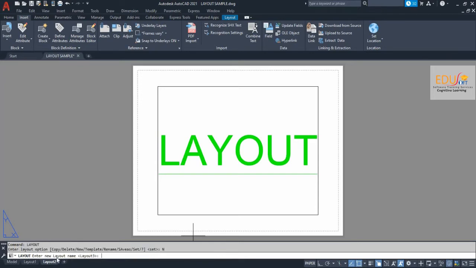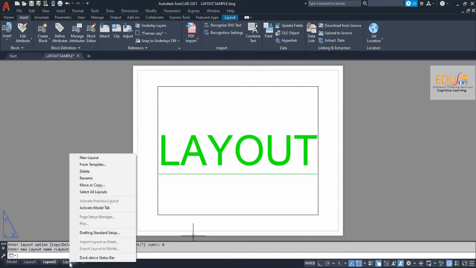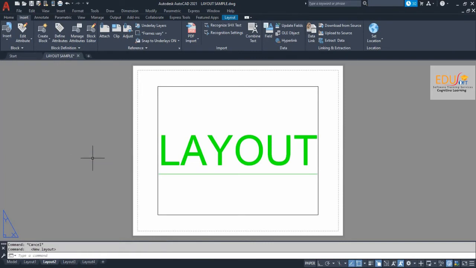Enter the new layout name. Here the default name is layout 3. New layout has been created. Or right click on the layout tab and select new layout. So here we now have two layouts. We have created two new layouts.